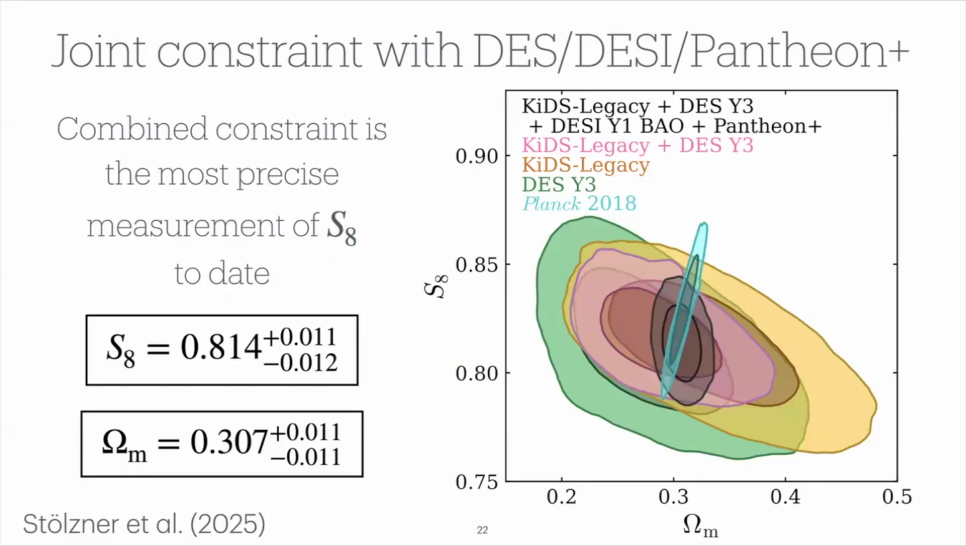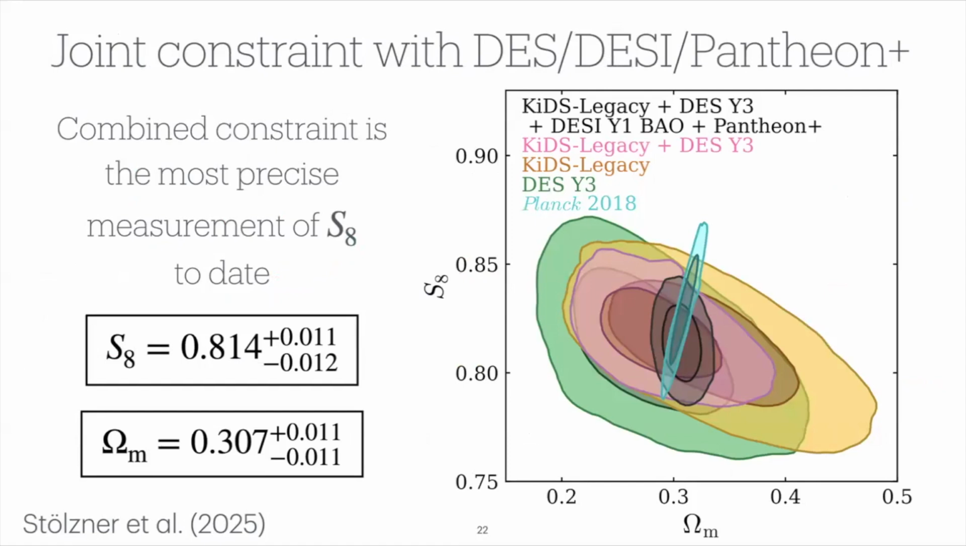In addition to our fiducial cosmic shear analysis, we have also combined KiDS Legacy with various external datasets. This includes cosmic shear from DES Year 3, BAO measurements from DESI, and supernovae from Pantheon Plus. And we've also looked at BAO from eBOSS instead. It's not shown in this plot here, but you can also find it in the paper. Individually, all these external datasets are found to be very consistent with KiDS Legacy, and this then enables a